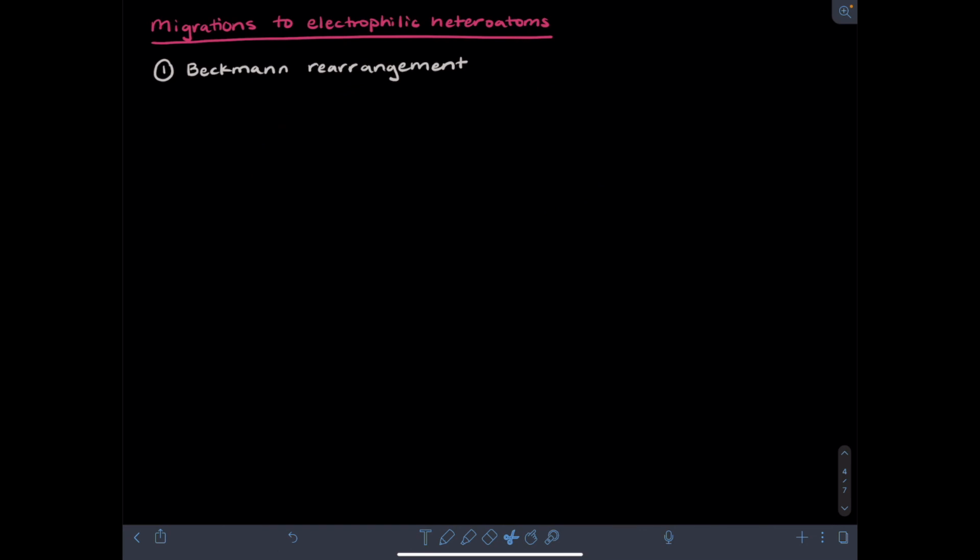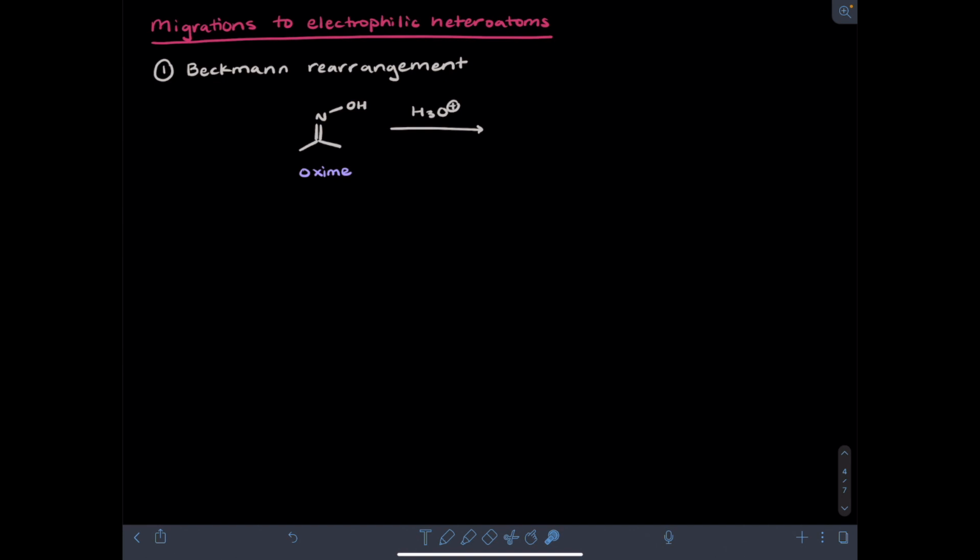I now want to talk about a couple of reactions that involve migrations to electrophilic heteroatoms, either nitrogen or oxygen, instead of carbons. One example is known as the Beckmann rearrangement. The starting material of a Beckmann rearrangement is an oxime. This is an imine where the nitrogen substituent is an OH group in particular, and this is being treated with